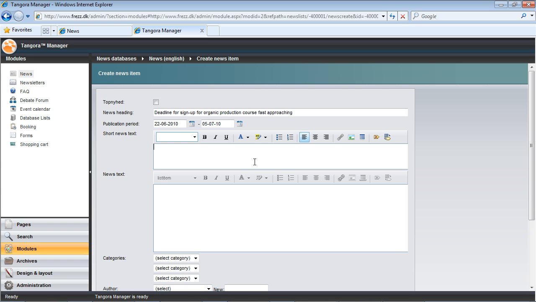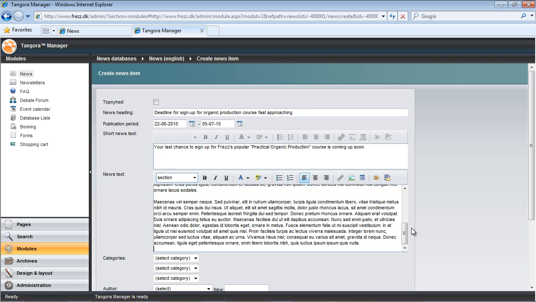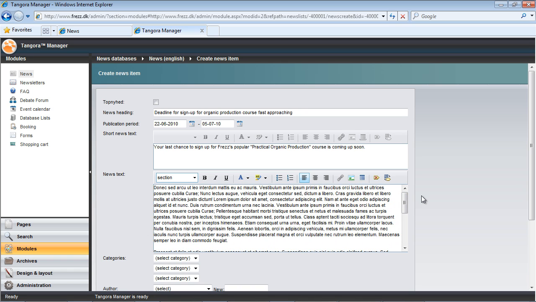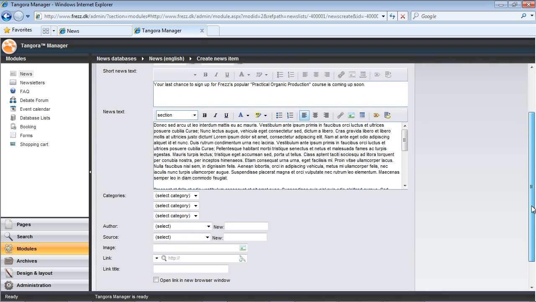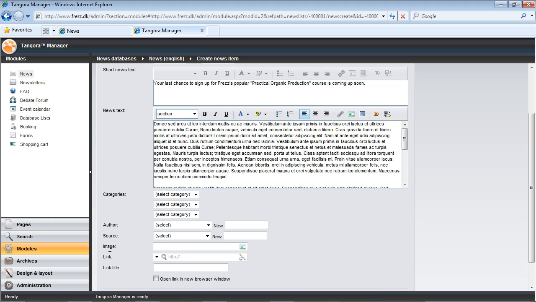Then there's a short text, which is a sort of subheader, and the news text itself. I can format the news text as I please, including adding formatting and styles, links, pictures, and tables. If I jump down a bit, I want to point out that you could also add a single image or a link to a story if you want there to be uniformity in the way in which your news is displayed. Naturally, you could use a combination of both approaches, which is what we'll do here.